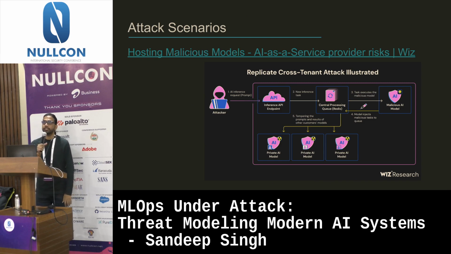There are a bunch of other file formats in models that do the same. So DIL is another. I think there are a bunch of others that do the same. The attacks that are super on the rise these days: there are lots of folks hosting a bunch of AI models on Hugging Face for you to download and use. And they're all malicious in a way that the moment you download and start using them, they trigger a bunch of code execution and that kind of thing.